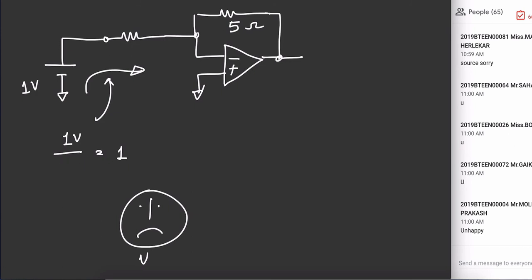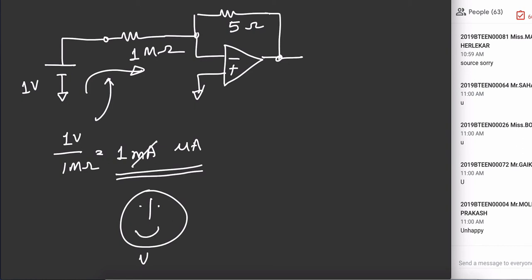Okay, so it could be 1 kilo ohm. With 1 kilo ohm, it will be 1 milliampere. Now this may be allowed, this may not be allowed, depending on the signal source. If the signal source is extremely weak, and says that I am able to supply hardly some nanoamperes, then even microamperes I will not be able to provide. In such a case, this 1K also will not work. You need to go to 1 mega ohm, and then in that case it will be microampere. If the source is able to supply this much current, then it will be happy.